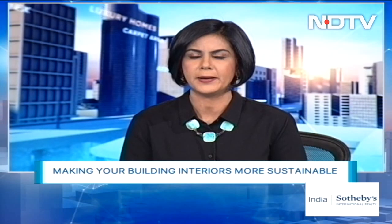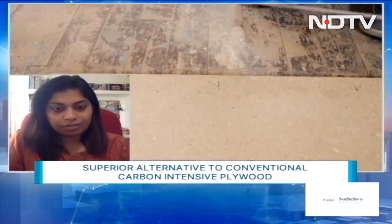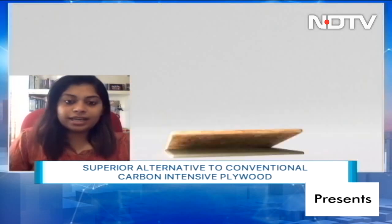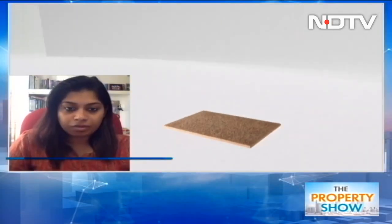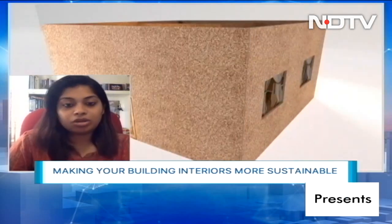waste. Shriti, can you tell us how different or similar are these engineered biopanels in terms of density and usability to regular plywood panels that you get? So what we do differently at Strawcture is that we have a range of density starting from 700 to 900 kg per cubic meter. So we meet the MDF density as well as the plywood range for all sorts of applications. Secondly, our product has better fire resistance performance because of the presence of silica inherently in the straw. And thirdly, because straw is a natural fiber, it offers much better thermal and sound insulation in the interior of